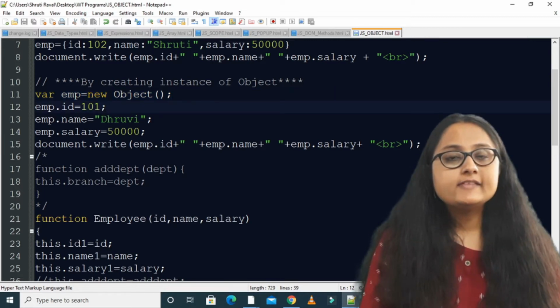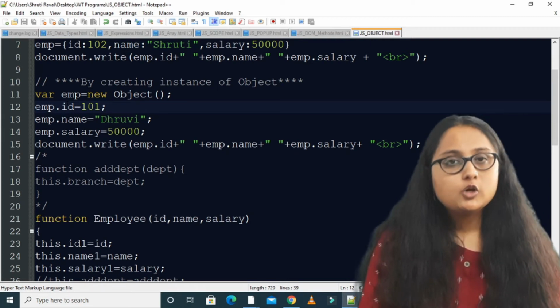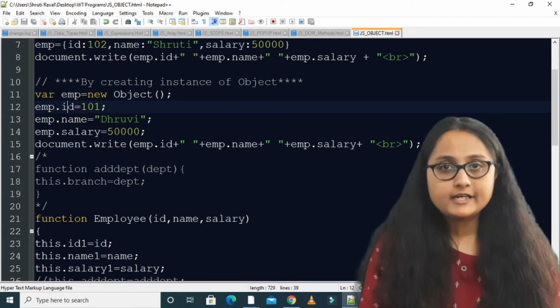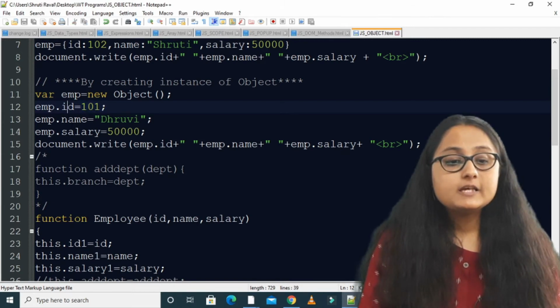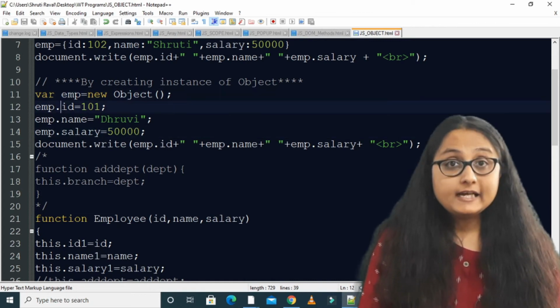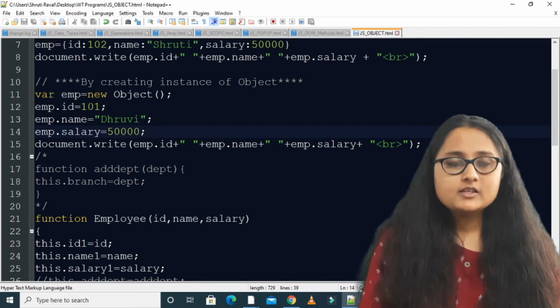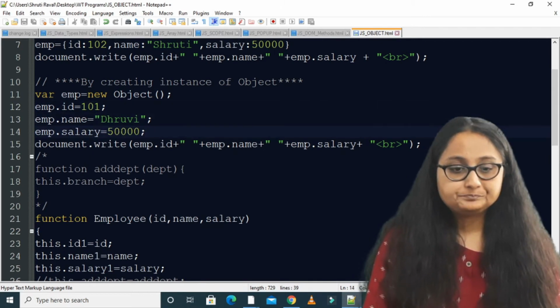We are still in the process of assigning properties, which we will do after this statement. You can see in the next statement I have used the object name EMP dot whatever property name you want to write, is equal to whatever property value you want to write. There are three properties which I have created for the EMP object: ID, name and salary. For these I have assigned the values 101, Dhruvi and 50,000.